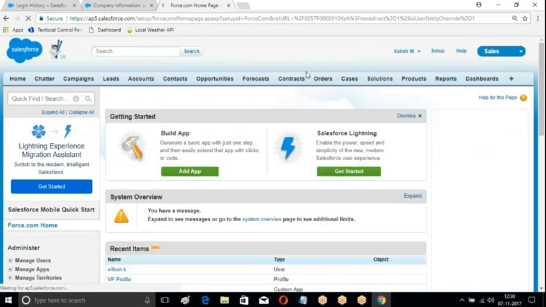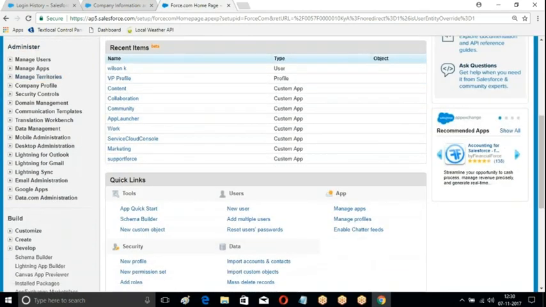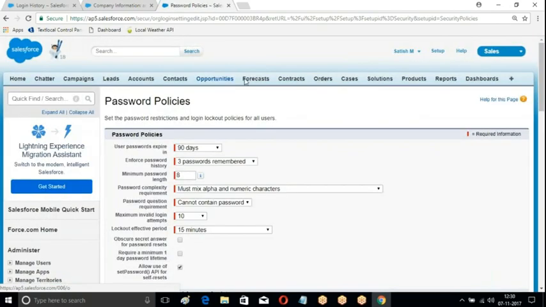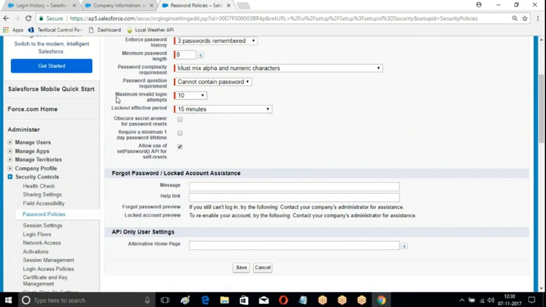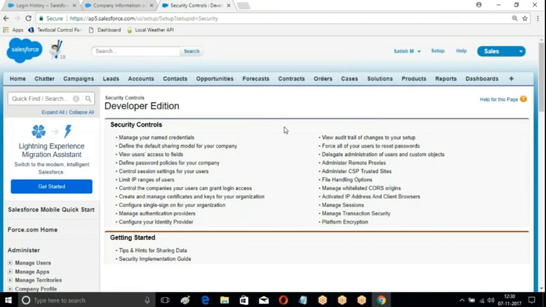Setup, administer, security controls, password policies. Then what do we have? Maximum invalid attempts. Now this is for everyone in the organization. This is at the organization level. How did you set it? Setup,